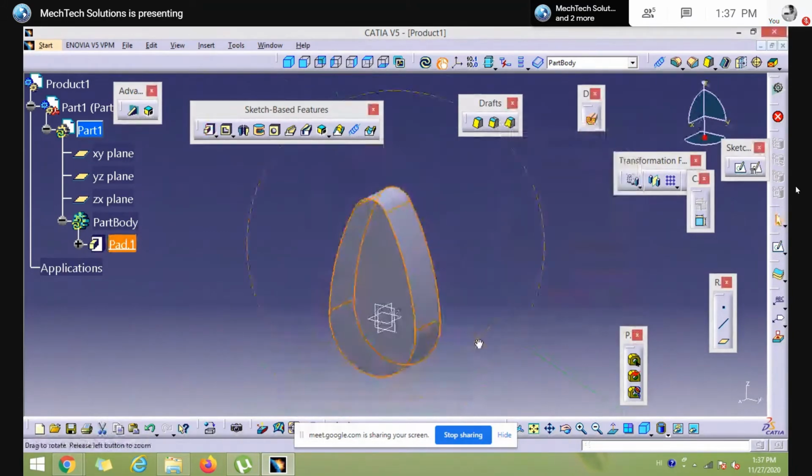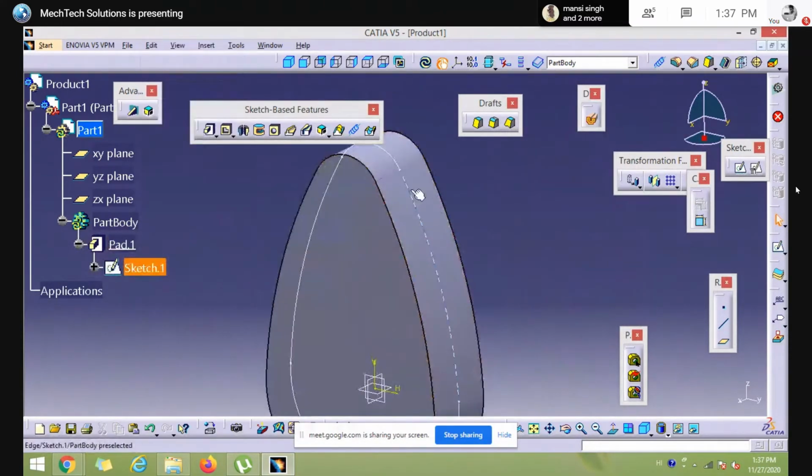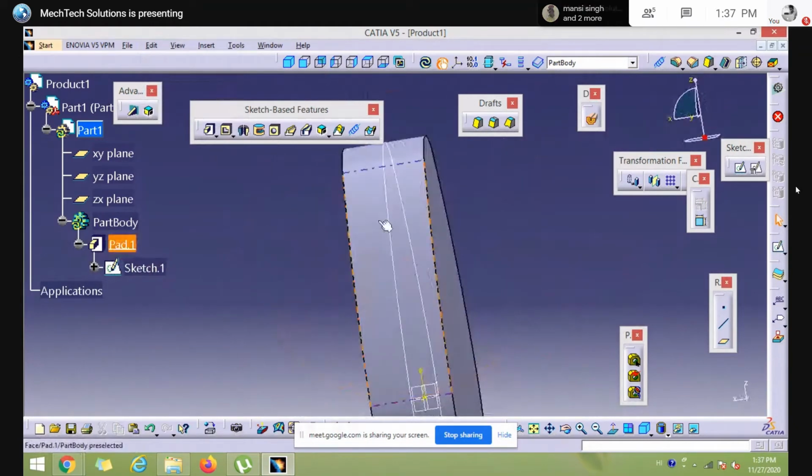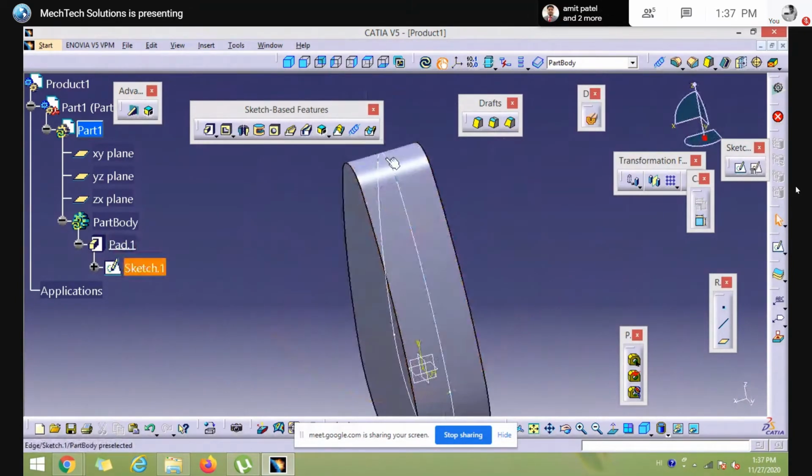Here we can see this is the sketch. Right click on sketch and show it. So here is the profile and we have extended in both directions. So we have the profile at center. This will be used as the cam profile.